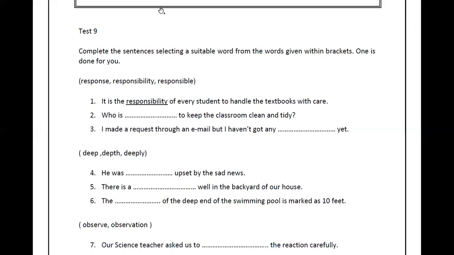All right. Let's go to the second one. Now we have to do it ourselves. Who is blank to keep the classroom clean and tidy? Here again we are asking about a person. Look at the question: who? If we say who, it means we are asking for a person. Who is? Now can we say response there? Who is response to keep the classroom clean and tidy? No, we can't say response, because response is a noun. If someone is doing something, we can say response there. But here they are asking a question and the answer should be a person. So we should say who is